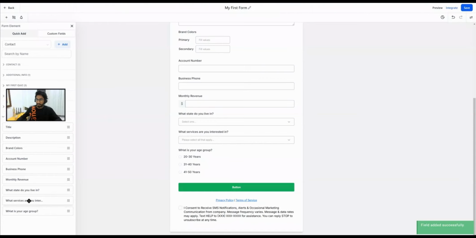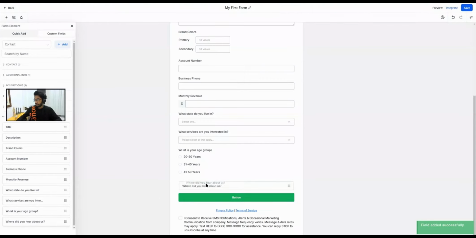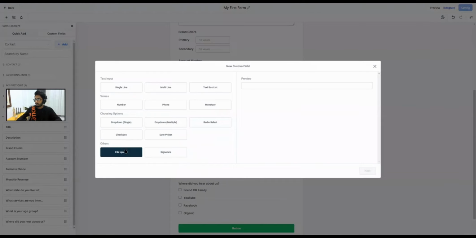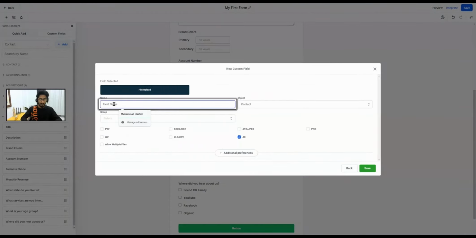And then as it shows up here, so that's how it's gonna look like, but you are able to select multiple from this as well. Let's save it and go to the next one. The next one is file upload. So it's gonna allow the customers to upload different type of files. So for example,